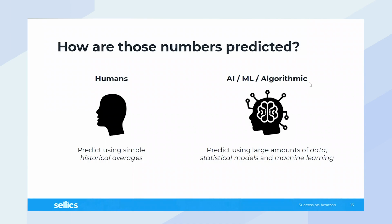The end goal is the same. Both you as a human and the machine or the algorithmic solutions both want to predict the future, because the more accurately you can predict the future, the better you'll be able to set your bids today. The difference is that humans use a rather simple way to predict the future using historical averages,